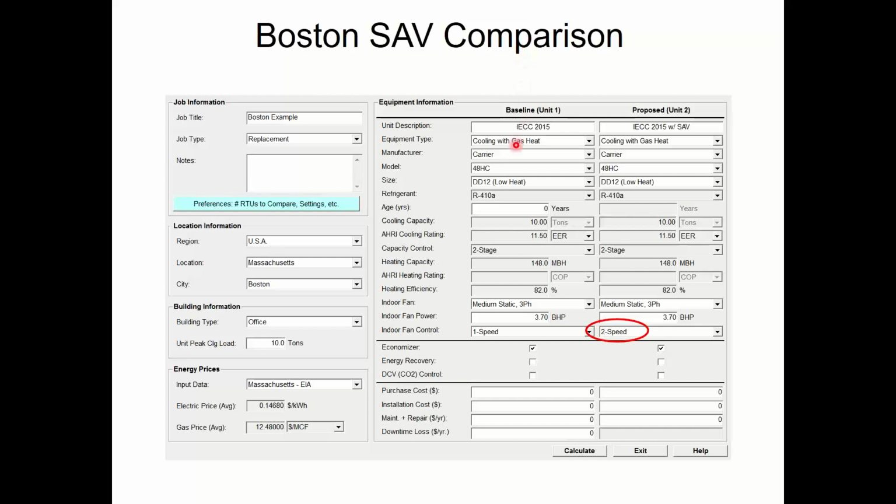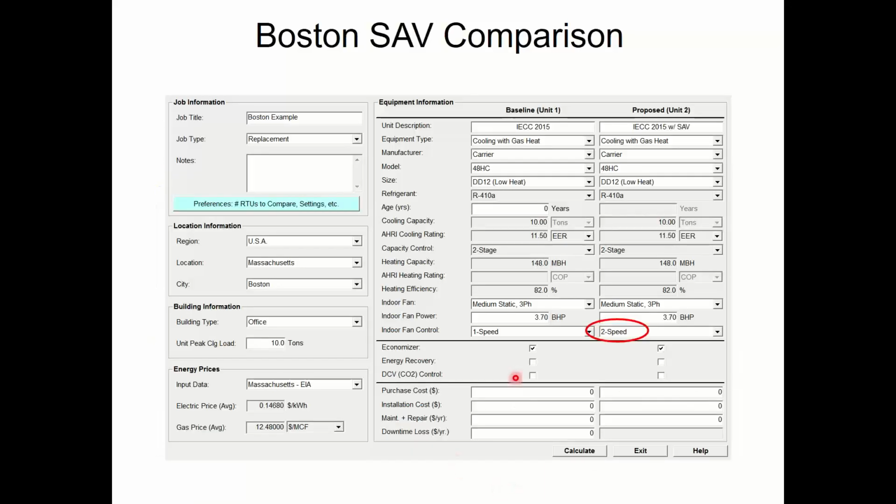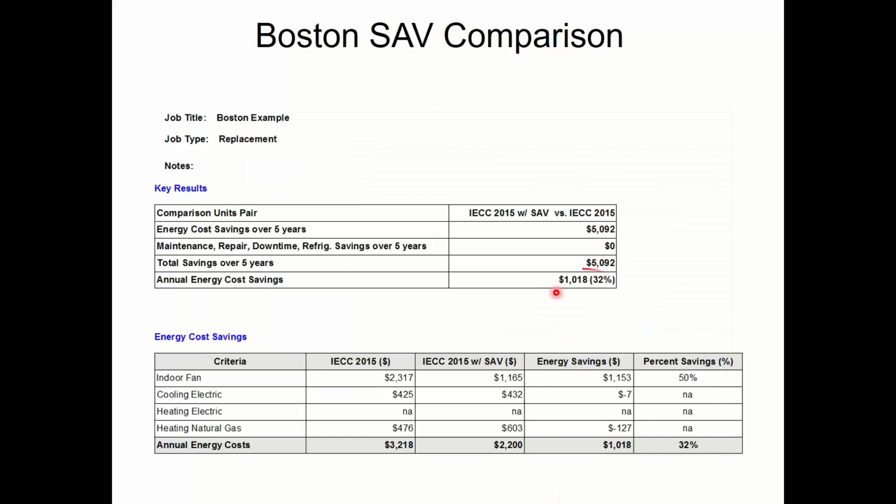So there's a current code compliant unit. I selected a model that I knew complied. And then I took that exact same model unit with everything being absolutely identical on it, and I told it that I have a 2-speed fan instead of a 1-speed fan. All right, and then I calculated that. And in this case, that one thing, just going from that better fan, was a 32% savings, saving me about $1,000 on this 10-ton